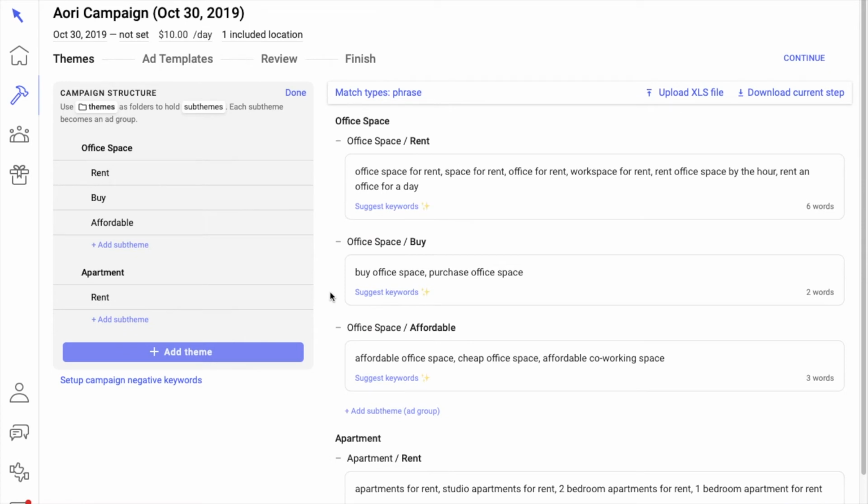So now let's zoom out a bit and look at the campaign as a whole on the left. We have 2 themes, office space and apartments. Office space has 3 sub-themes, or ad groups, rent, buy, and affordable. And apartments has 1 sub-theme, or ad group, rent. Above the themes,